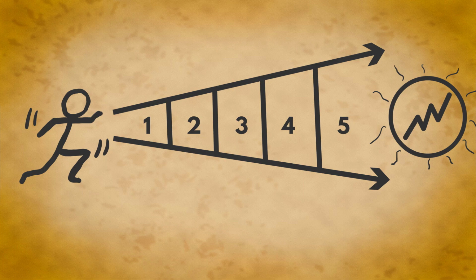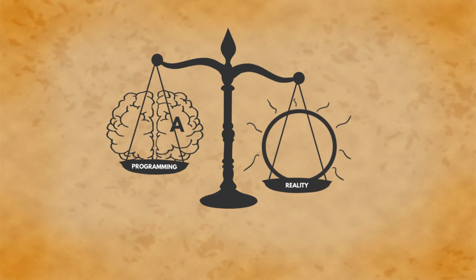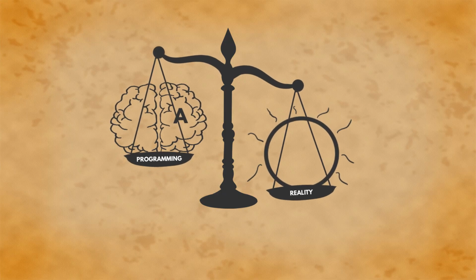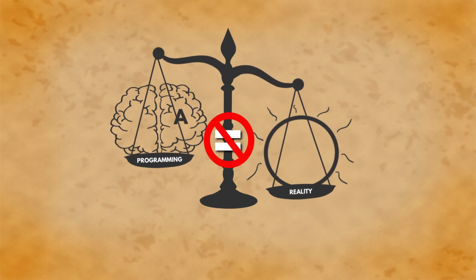And each of these milestones represents both an achievement as well as a programming upgrade that moves you one step closer to your desired reality. Accomplishing these milestones upgrades your programming to accept the next step in the journey. Remember, the reason you don't have your desired reality is because your current programming doesn't balance with that reality yet. These milestones are the phases we'll be moving through to reprogram for this balancing.